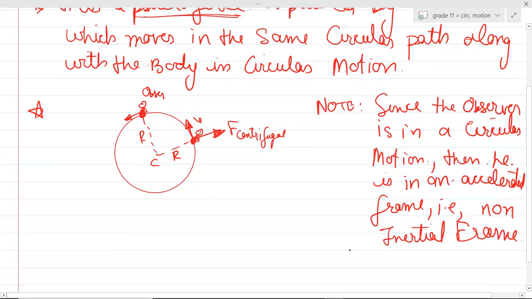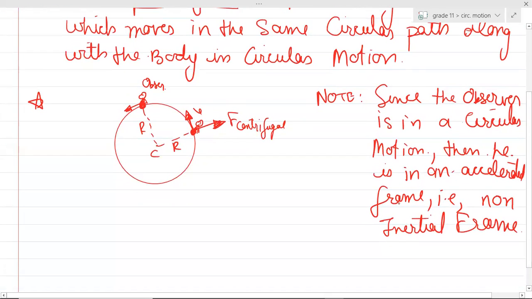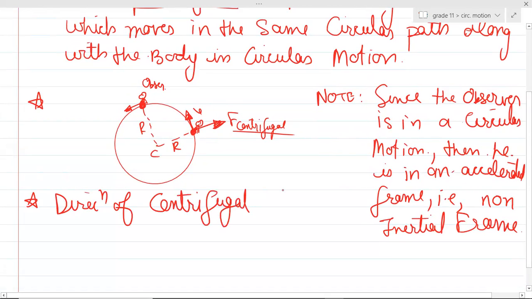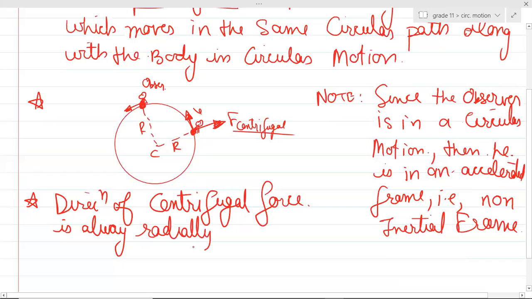Okay, is this clear, guys? Why did you observe this particular thing, the non-inertial frame? Why did this observer experience the force which is called centrifugal? Please note the direction of this force. The direction of centrifugal force is always radially outwards,